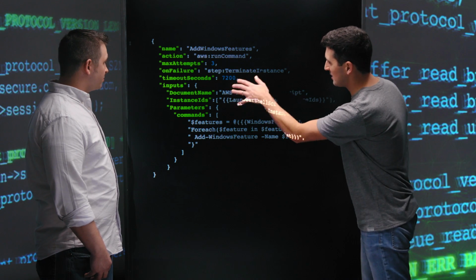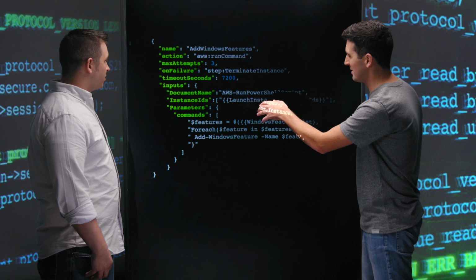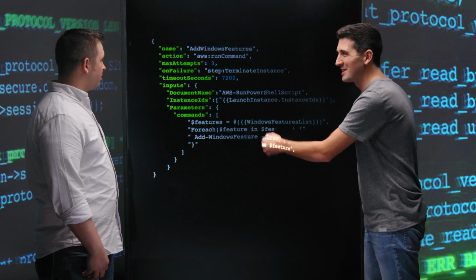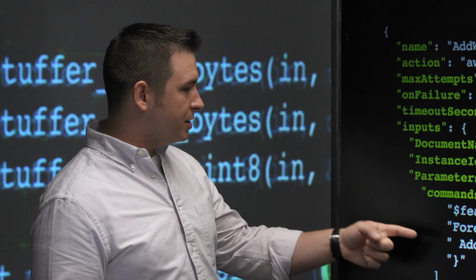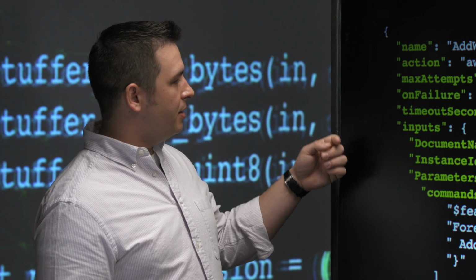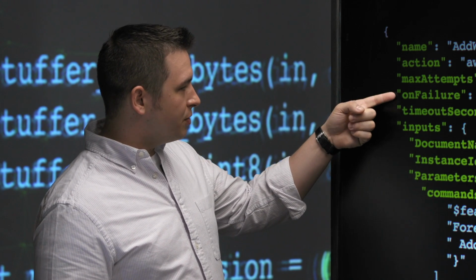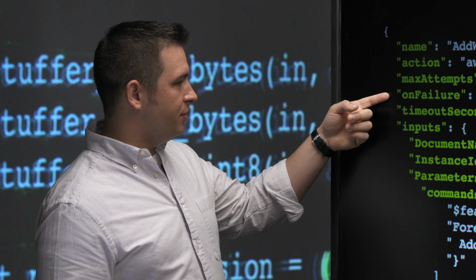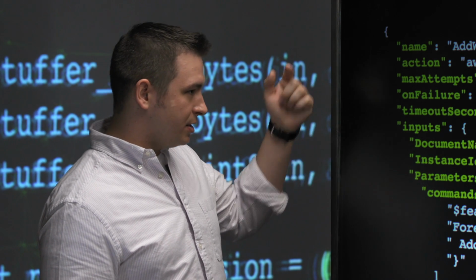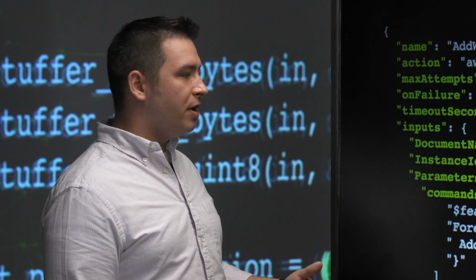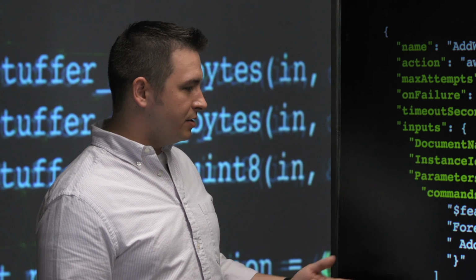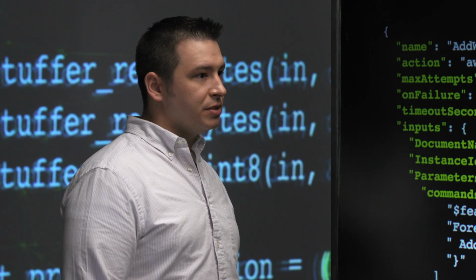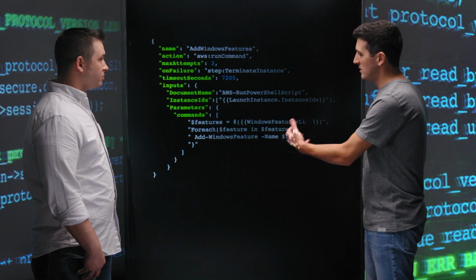Okay, so I like how you're invoking PowerShell scripts from within the document. And I see max attempts and timeouts; for viewers who might not be familiar, I guess that's to try again if it doesn't work the first time? Correct. So we allow for 3 attempts to execute this code. At the end, if it fails, this is relatively new functionality in the documents, it allows it to go all the way down to the final step, so it'll clean itself up. And then we have a relatively large timeout to allow for however many features we want to install.